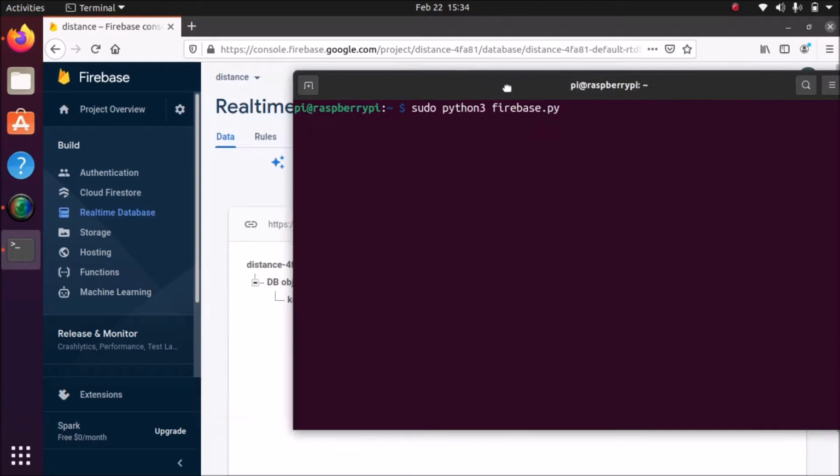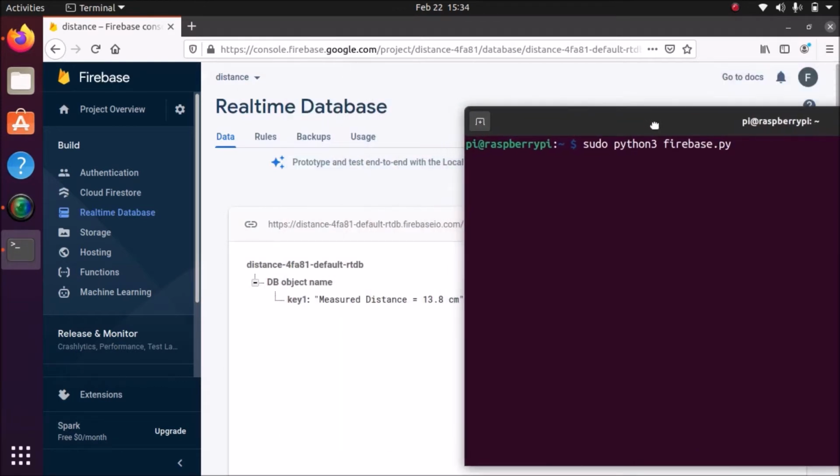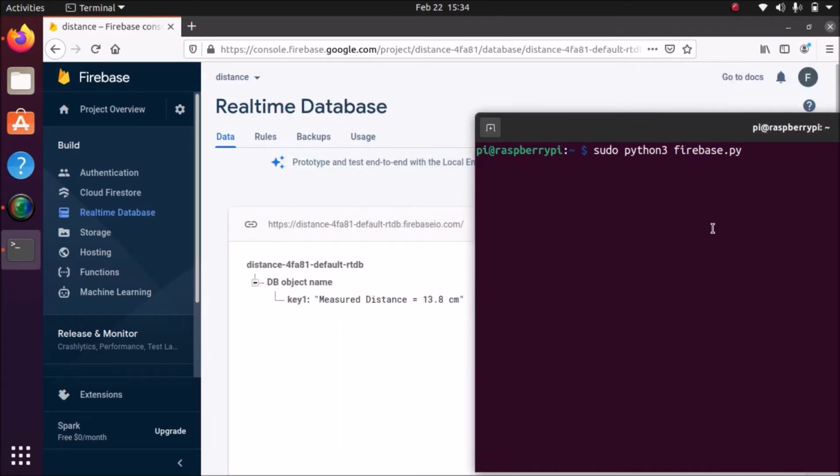This is the script, and I am going to run it. Hit enter, and as you can see the distance is now 7.0 centimeter, and it just updated within a minute. You can see on our Firebase database it's updated with 7.0 centimeter.